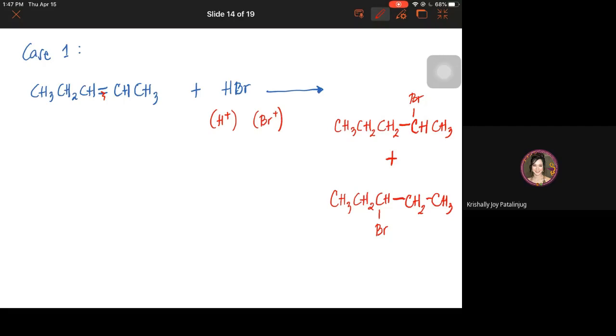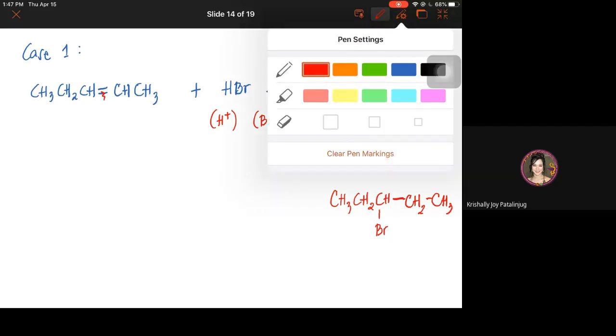Dili nimo ma-apply ang Markovnikov's rule. Kaya di ba sa Markovnikov's rule, dapat ang hydrogen dito padulong sa greater number of hydrogen substituent. Where in this case, di ka makakompare kay parehaman sila og number ng hydrogen. So both, either ana dito ka mag-add sa hydrogen, H plus. Okay? So duha ka possible mixture of products. So that is case 1 nga inyuhang dapat i-remember about